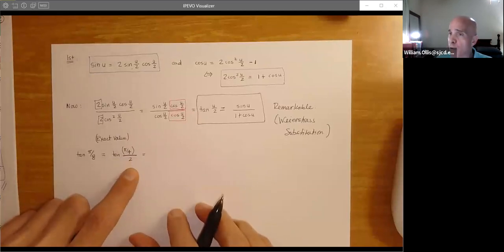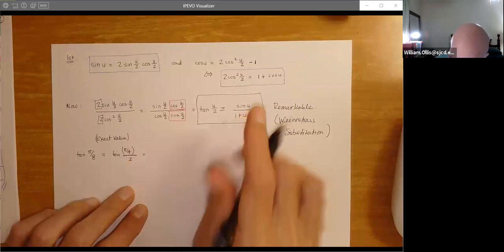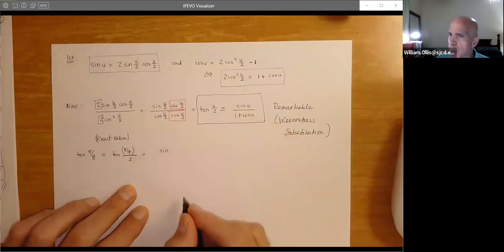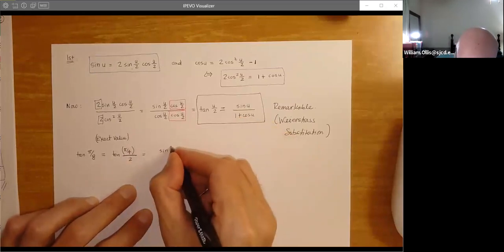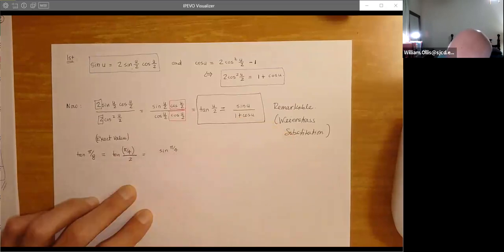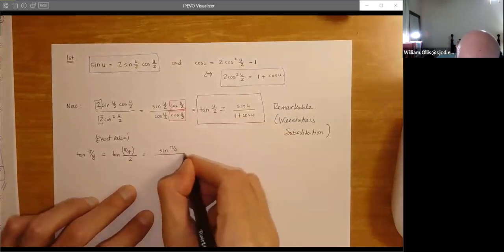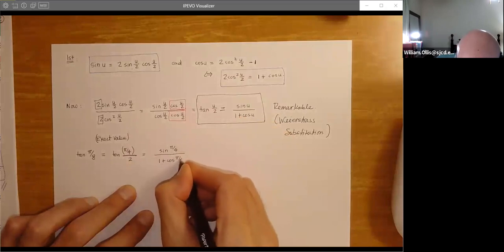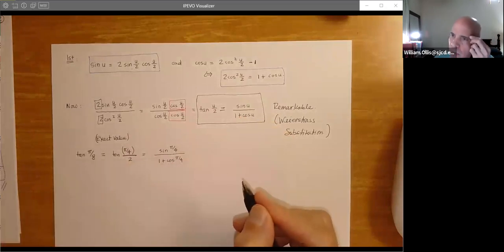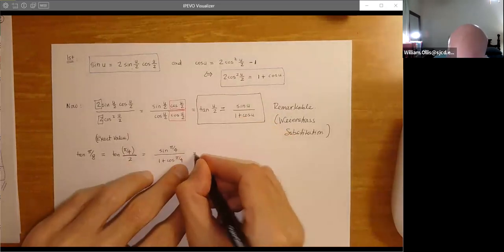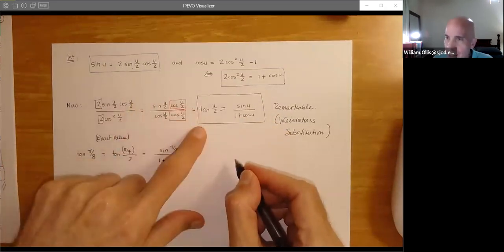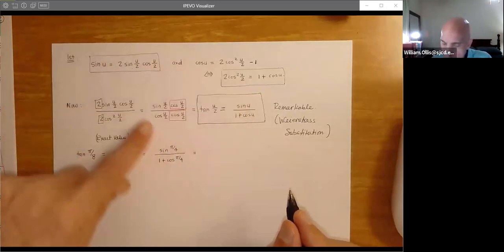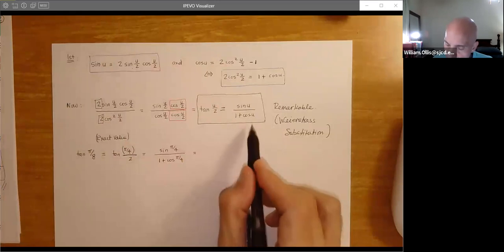But pi over 4 is our friend. So we can just substitute. This will be sine, and we don't even have the plus or minus. It's built in. Amazing. So we have sine of pi over 4, and then we have 1 plus cosine of pi over 4. We're like, this is just too easy. So like I said before, we can use the new identities to get some values. So we're thinking this was worth all of the trouble because this is so simple.